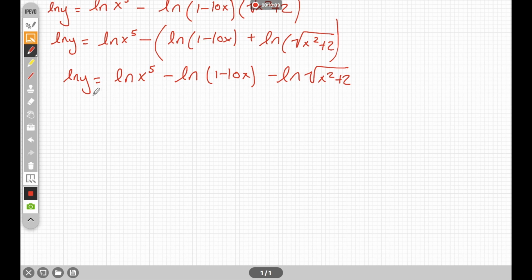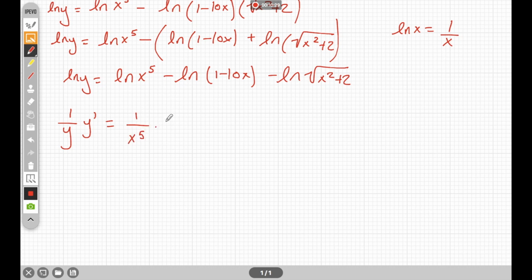So now I'm going to take the derivative. In this term, y is going to be a function of x like we said before. So when I take this, this is going to give me the derivative of ln y times the chain, y prime. Recall that the derivative of ln of x is equal to 1 over x. So the derivative of ln of y is 1 over y times y prime, equals ln x to the fifth is 1 over x to the fifth